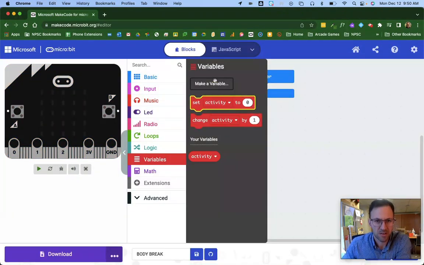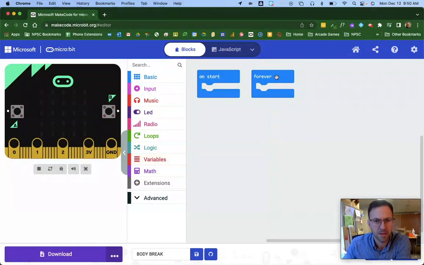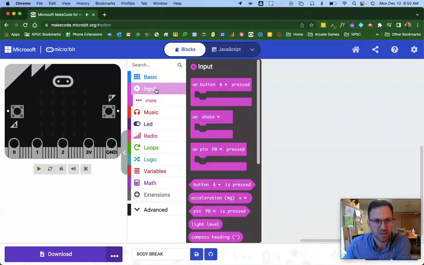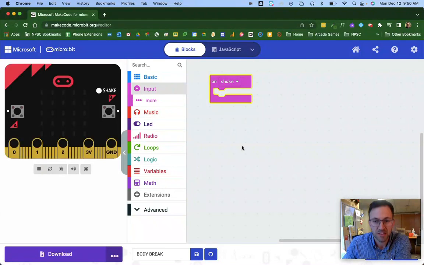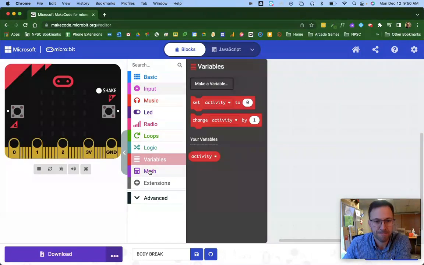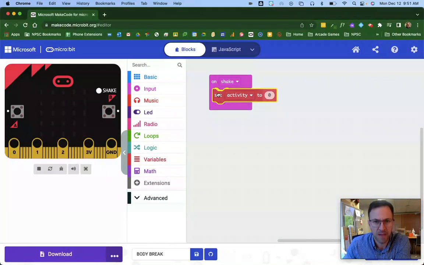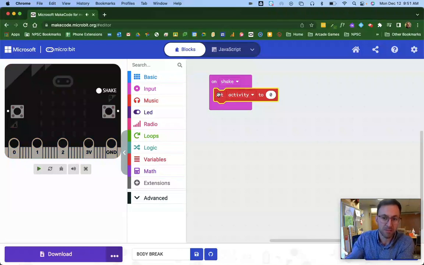Now we have some blocks with the variables, but first we're not going to use the forever or on start blocks here. Our input is going to be on shake. So if we drag that in, we're going to set the activity to a random number. Depending on how many activities you want to do in here, that'll depend on how many random numbers you choose. And remembering from last activity,